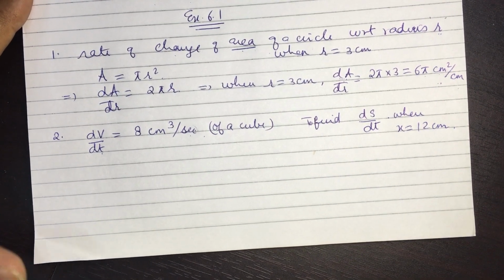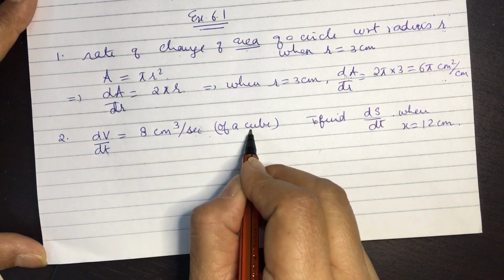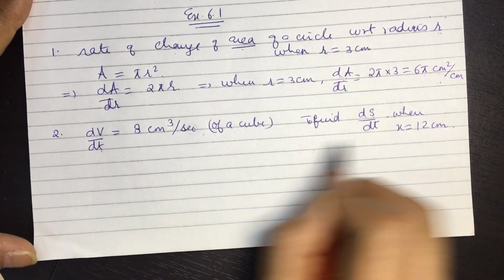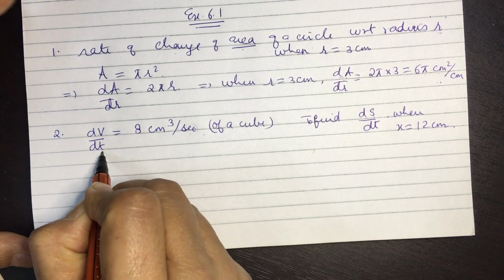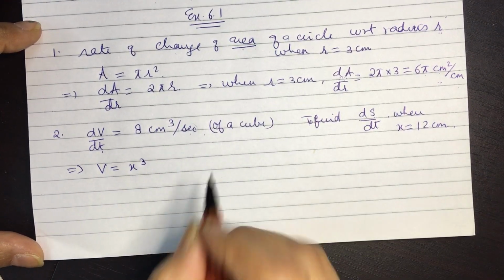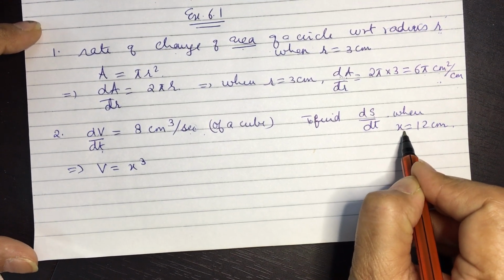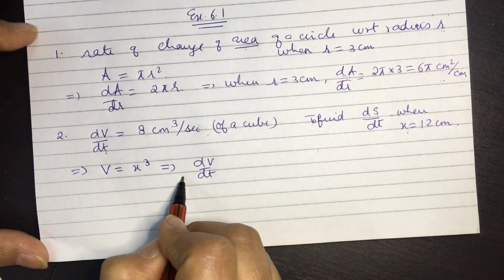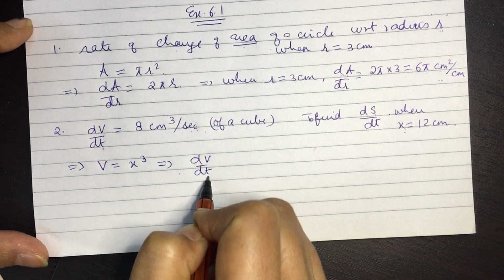Okay. So, first we need to know the formula for the volume of a cube. Then we need to know the formula for the surface area of a cube, and only then can we do this question. Now that it is decided that we have to differentiate with respect to t, the next thing is, what is the volume of a cube? x cube, in case we are taking the length of a side as x. So, this gives us dV by dt. Now, here we won't differentiate with respect to x. Since the unit says per second, we will be differentiating with respect to time.